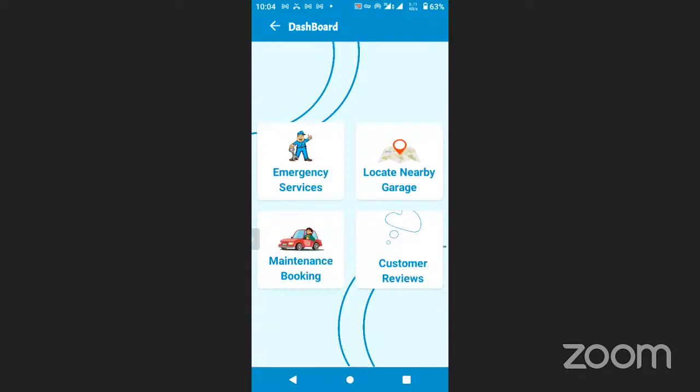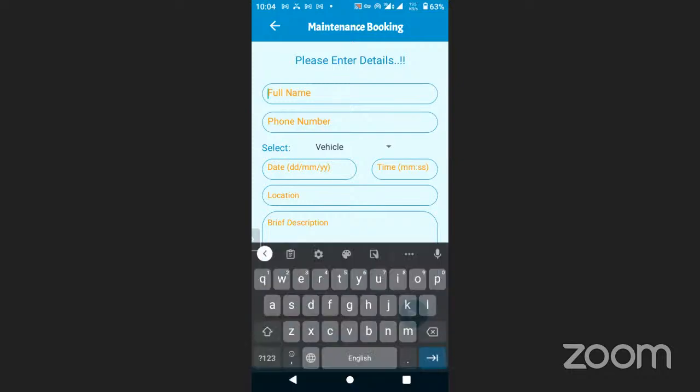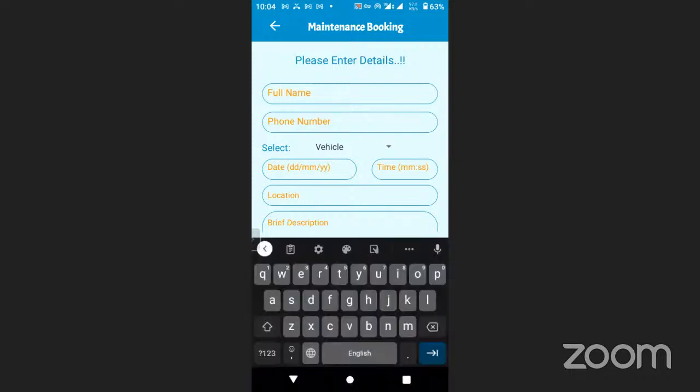Now let's go back to the tab of the maintenance booking. When our driver accesses the maintenance booking, they can also put in their names and the contact. The reason why we include the contact is such that the customer, our client with the car that has broken